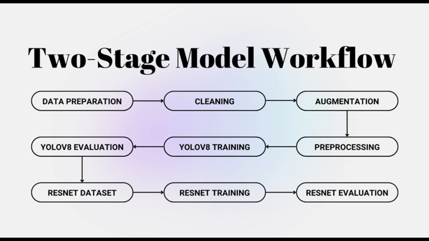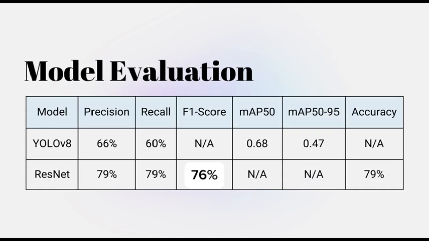ResNet was trained for 10 epochs with a learning rate of 0.0001, so both models were then deployed to detect and classify species in camera trap images, which completes the two-stage process. For model evaluation, YOLO V8 achieved 66% precision with 60% recall and a mean average precision for IOU 50